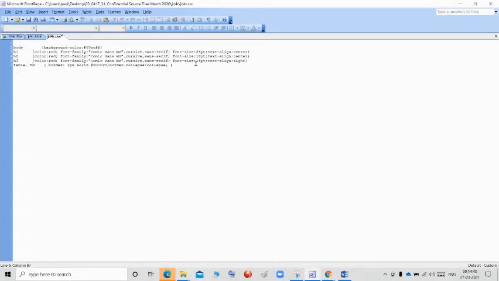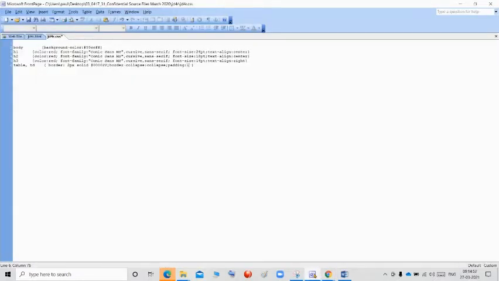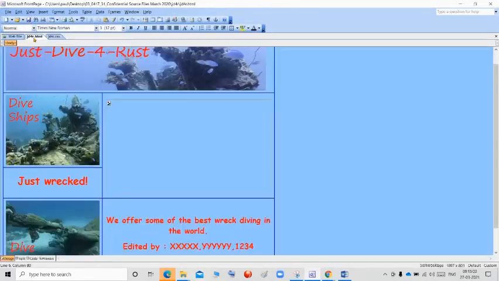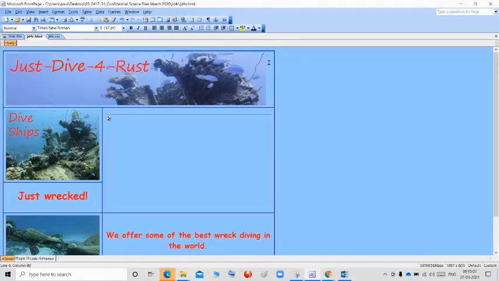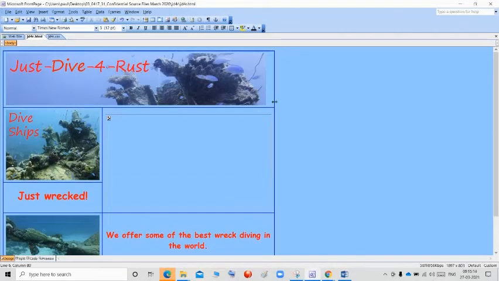So, I'm going to give the padding. How many pixels are they giving? 10 pixels. So, I will give 10 px. Close this. Save the web page and go and check in the HTML. So, we got, see, cell padding. This is cell padding, 10 pixels. All the borders will be in the blue color and it is a solid border. Okay,